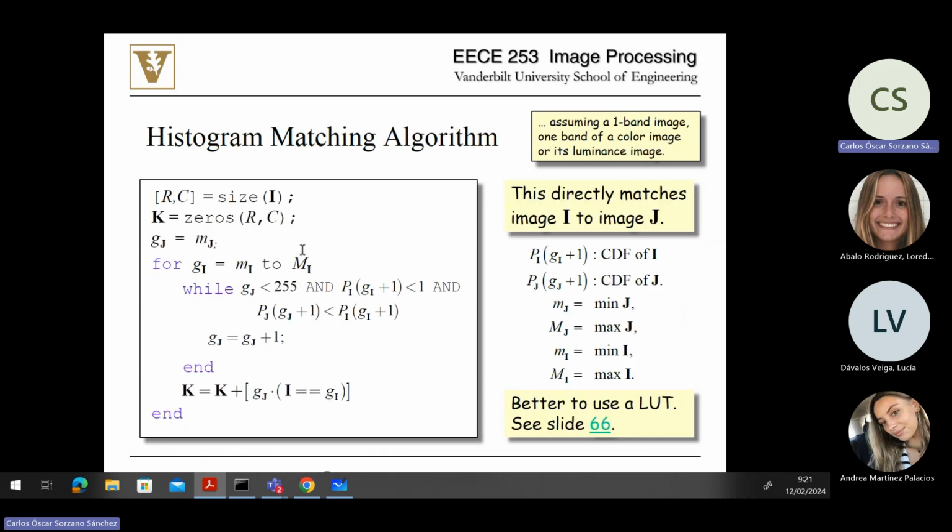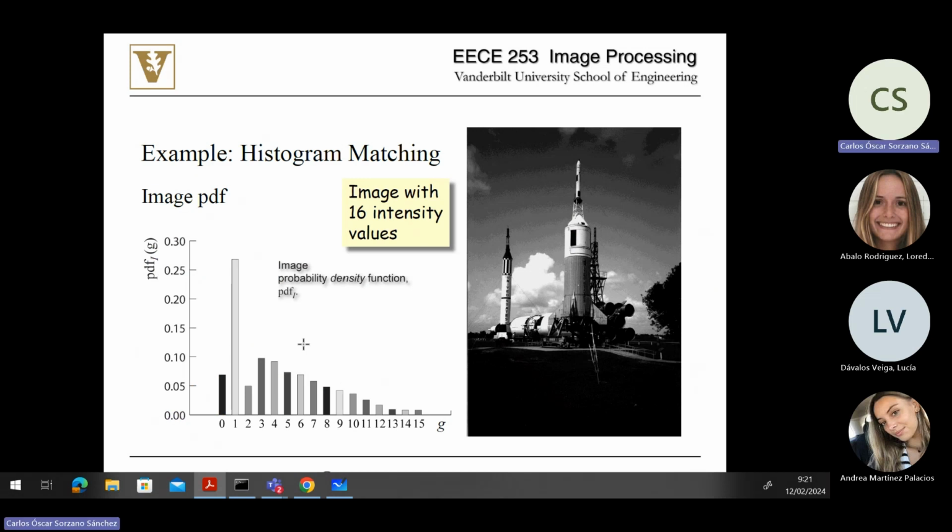What could be a MATLAB component, and then as an example, so let's say that we have the 16 values only,